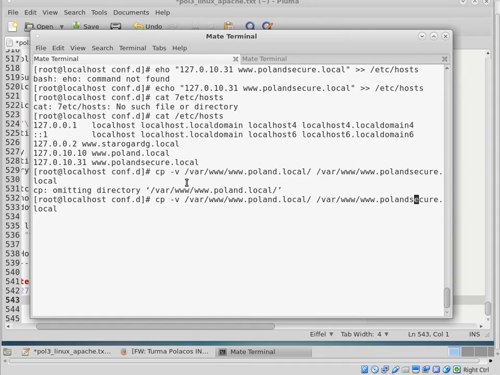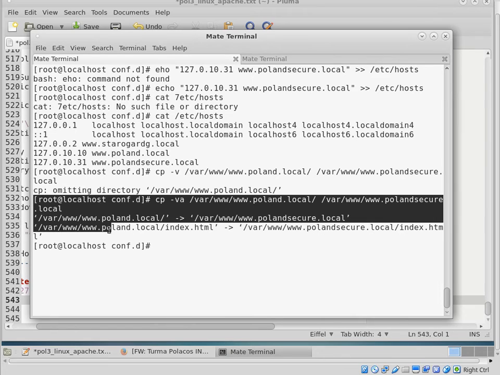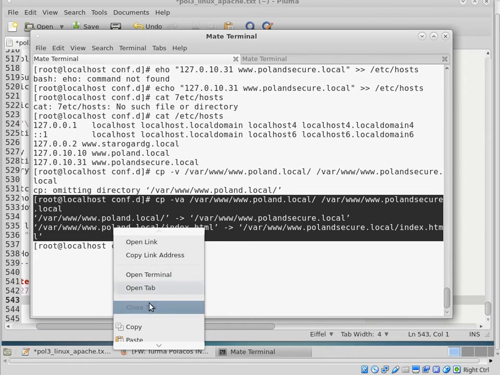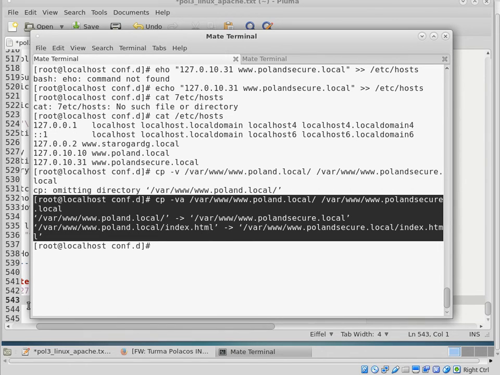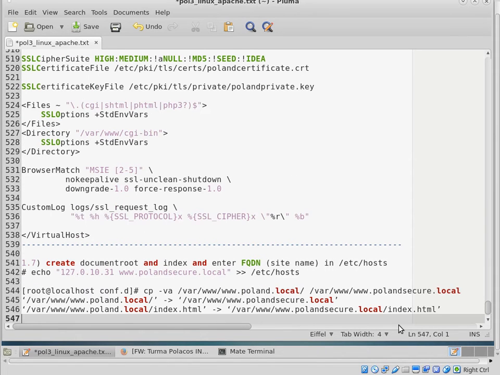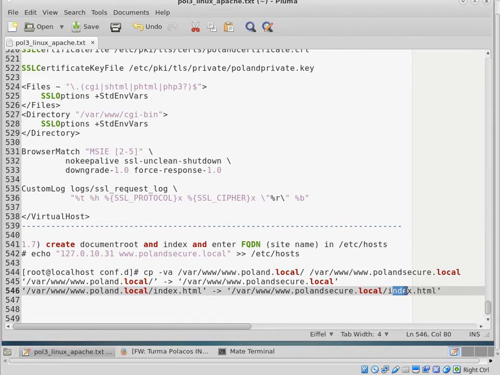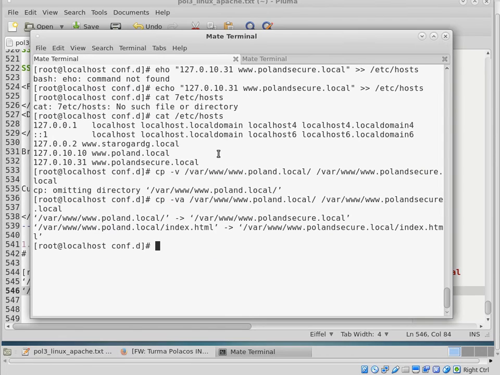Sorry, missing A. Then we copy. This is the right command. We copied all the file, everything inside. So creating. Now after we create this, we have to let change indexed. Okay, in this part,